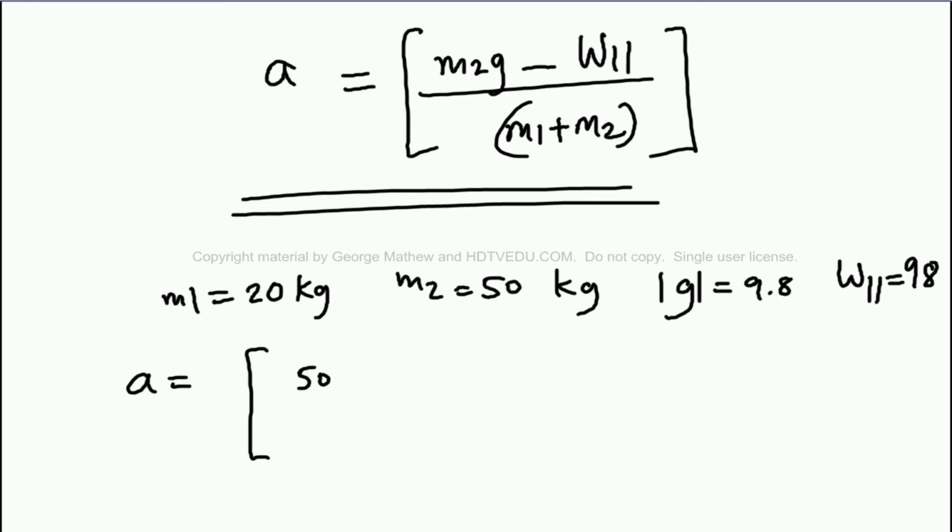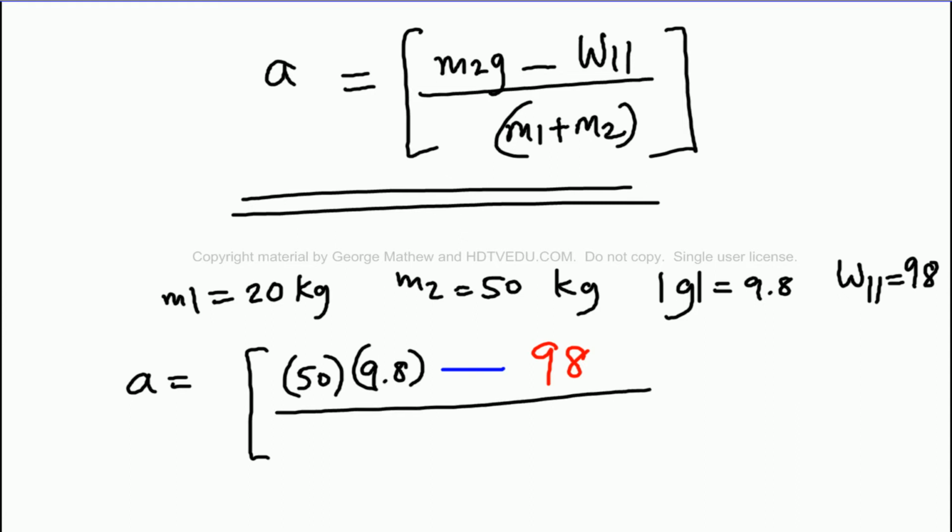M2 50 times 9.8 minus W parallel 98 divided by 20 plus 50. And that is equal to 5.6